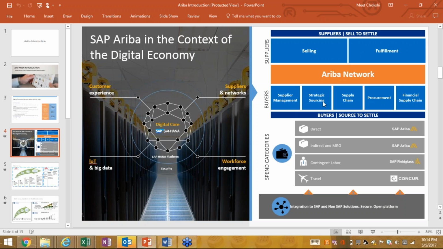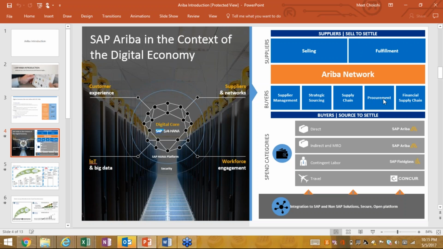Then we have strategic sourcing, where we do sourcing and contracts, right? We have supply chain, where we do the sourcing events like RFP, RFX, and all. That includes subcontracting and consignment POs. That is part of the supply chain.